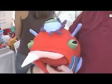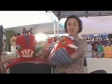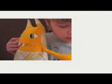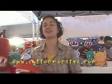These guys are called bottom feeders, and like the other big monsters, they have a big giant pocket that you can either hide things in or just stick your arm in there. So kids enjoy them and they can play with them gently, but really I make them more just for anyone. And monsters are available on